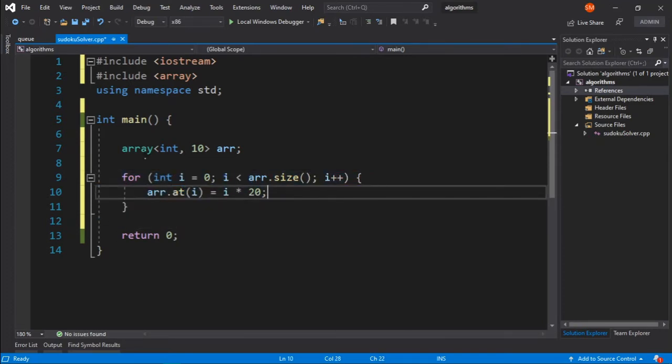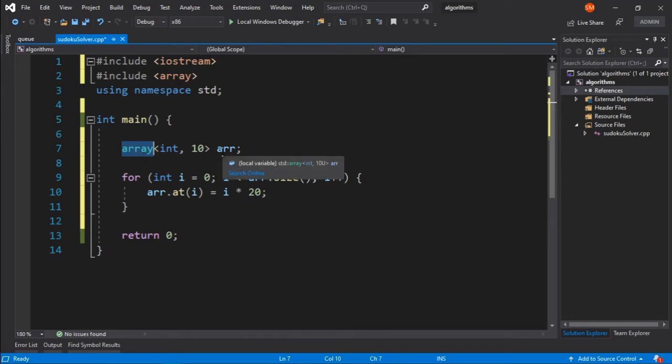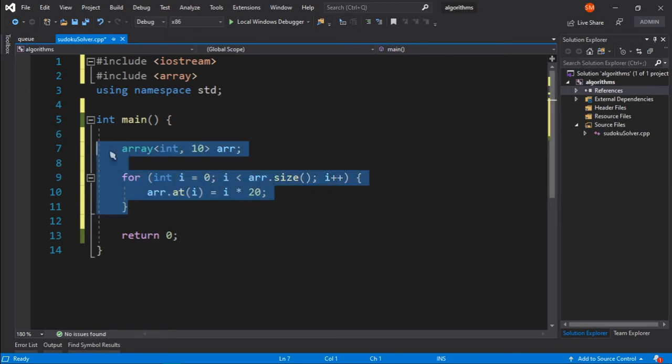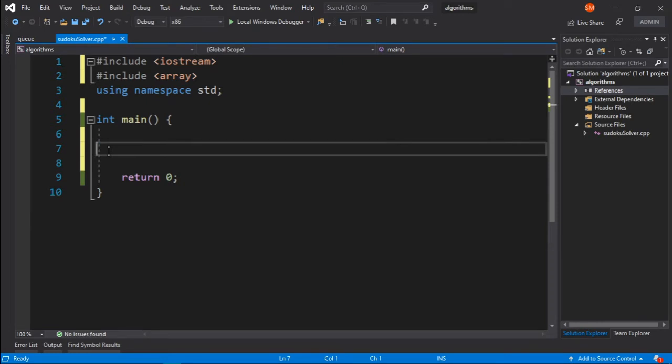And also these arrays are typically declared in your stack, so they are obviously going to be faster than your vector. And when you don't need to resize your data structure, it's preferable that you use arrays instead of a vector. And these arrays are as fast as your normal arrays, so you don't need to think too much.